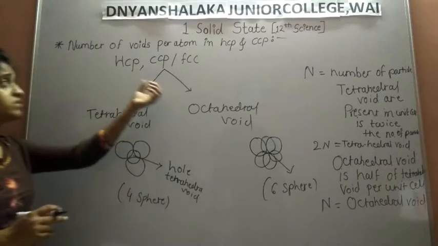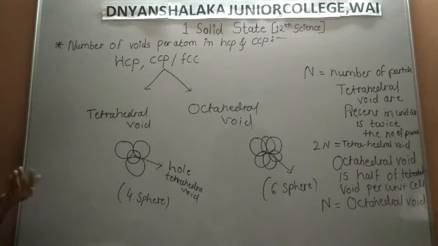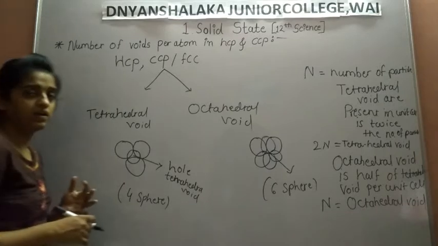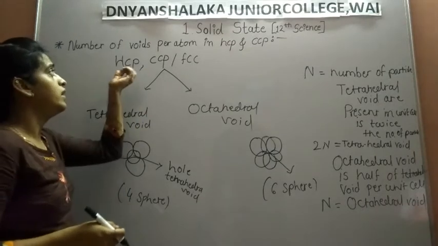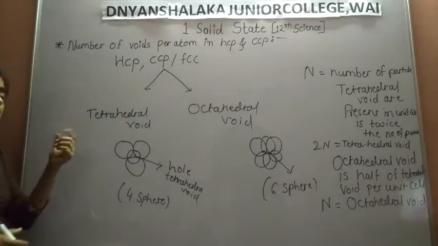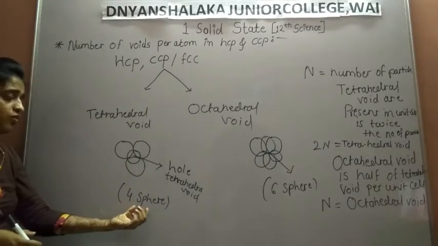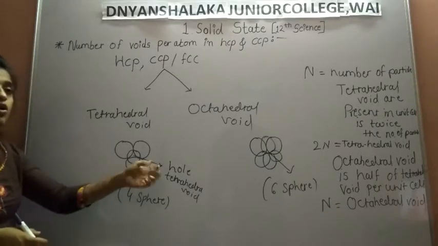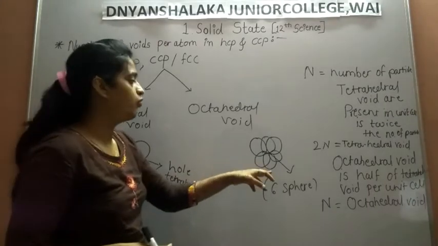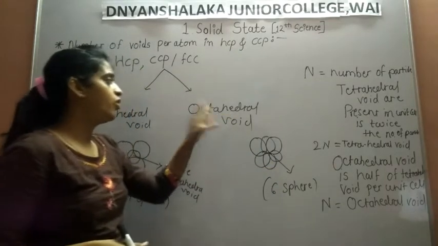In three-dimensional structure there are types of packing: AAA type, AB type, and ABC type. So we see square close packing and hexagonal close packing. In HCP, hexagonal close packing, and CCP, cubic close packing, there are two types of voids, tetrahedral and octahedral. A tetrahedral void is created with four spheres, so between four spheres a hole is created. An octahedral void means six spheres are attached to each other, and the space created between them is called an octahedral void.